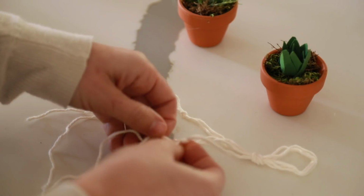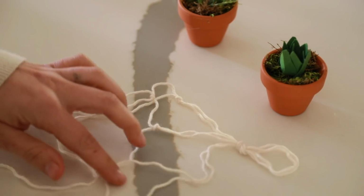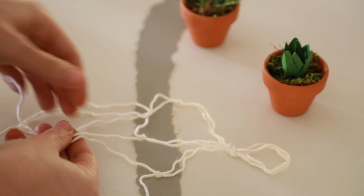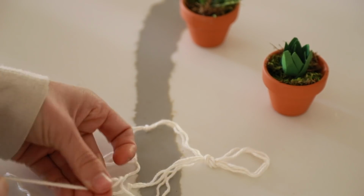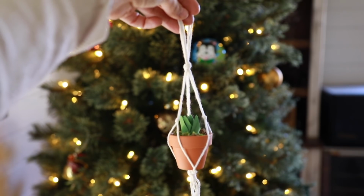Try to make those knots as even as possible. Then we're going to continue to divide the yarn. The knot pattern should look like a diamond. So I'm going to show you it here. Basically, you want to take the yarn that's directly adjacent and create a knot until you have what looks like